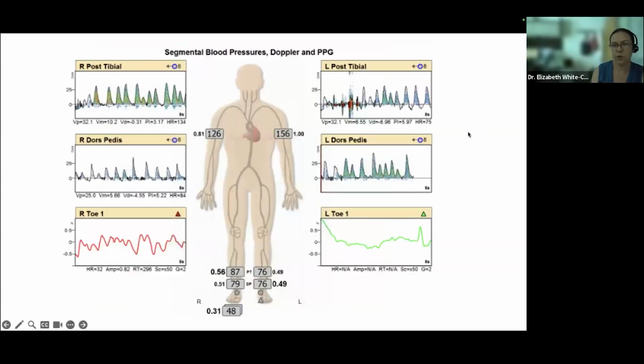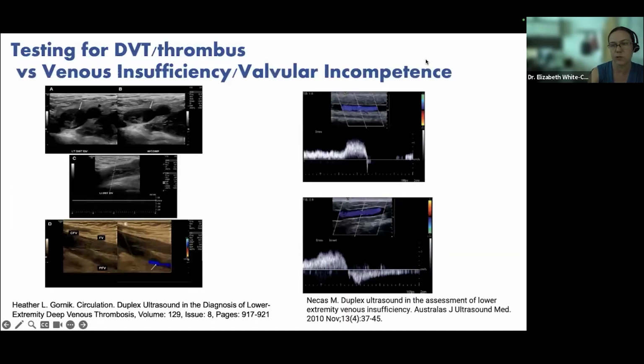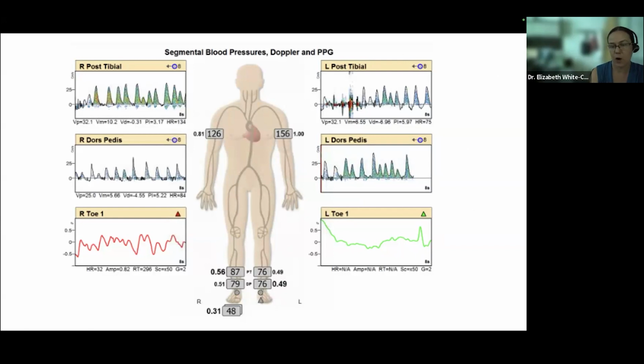And here's an example of a more formal study. This will be done at a vascular imaging center, and depending on your local area, you would order maybe segmental pressures or PPG. What they're doing is taking the arm pressures, just like a regular blood pressure. And then they are also checking it at the ankle, the transmetatarsals, and the toe pressures, assuming everybody has their great toes intact.